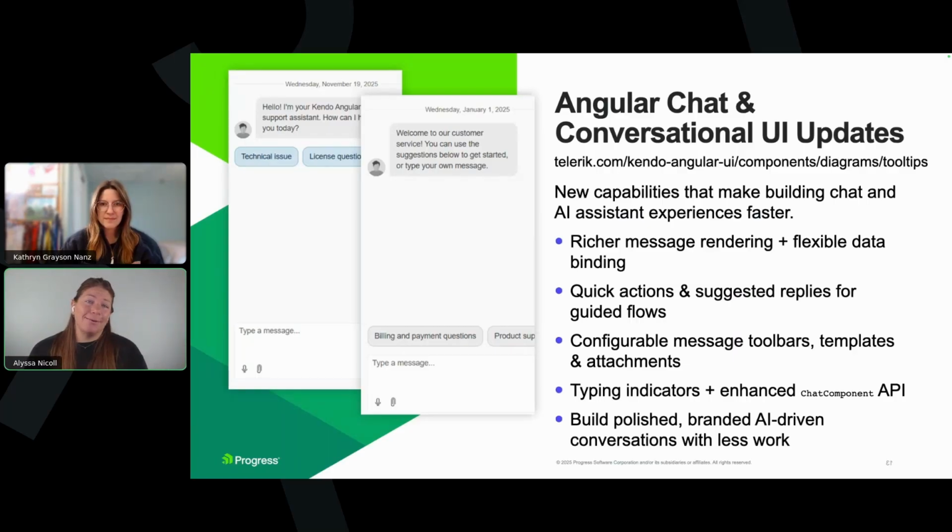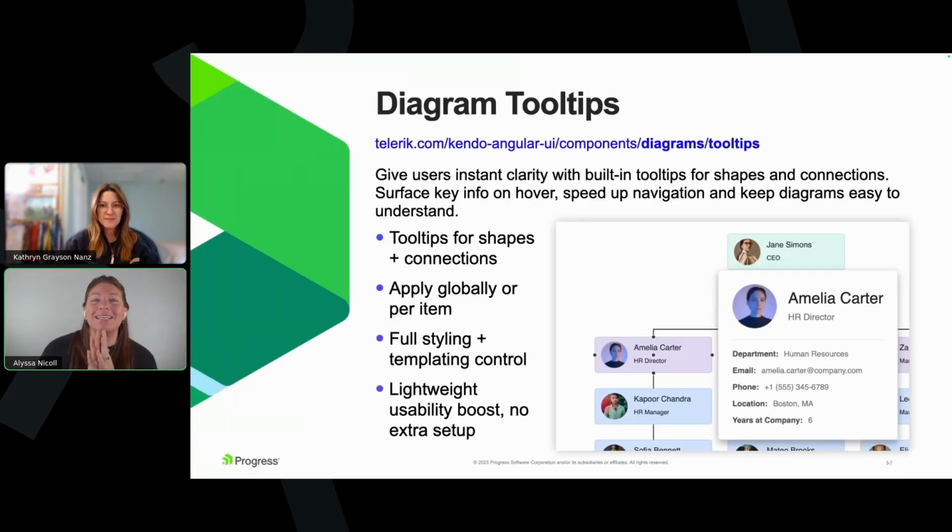This release brings big updates to the Angular chat component: richer message rendering, suggested replies, quick actions, and more flexible templates and toolbars. It makes it much easier to ship polished, branded conversational experiences and AI assistants directly in Angular. We also added built-in tooltips to the Angular diagram, which, spoiler alert, last quarter, if you weren't here